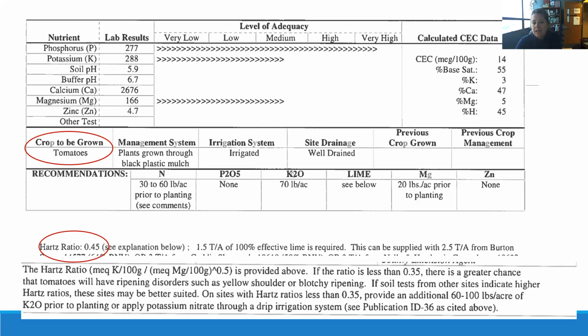So you can see that there's just a little bit of potassium being recommended. They're actually recommending some more magnesium, although I would say this is pretty good in my opinion. And 30 to 60 pounds per acre of nitrogen prior to planting. We'll go into these recommendations a little bit more, but make sure to tell your county agent or write it on the bag, or however you operate with soil sampling. If you send it to Waters Lab, please make sure that you clarify what you're going to grow, and they will give you the proper recommendations.